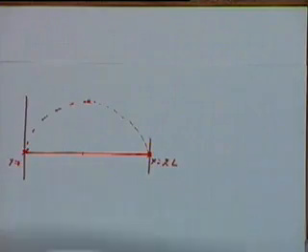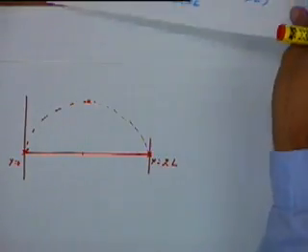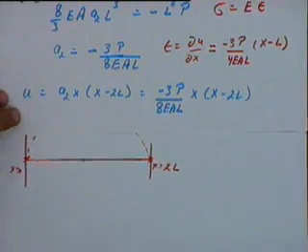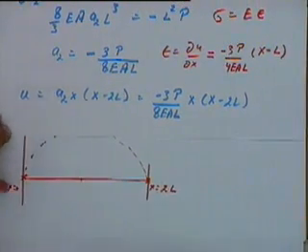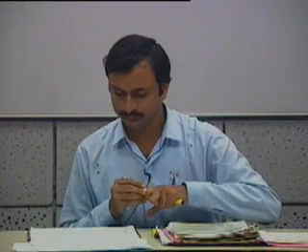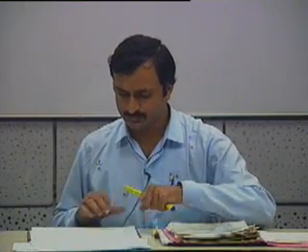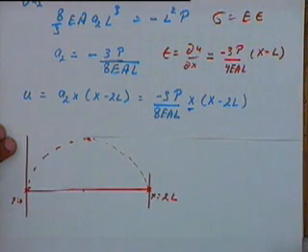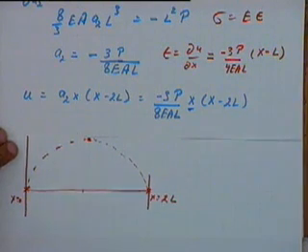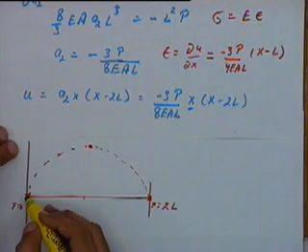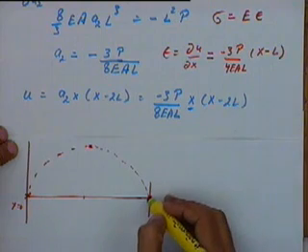What was the equation for u? This is the equation you have. So from this equation we put x equal to 0. You have x over here, this is the x. It's not multiplication, it's an x. Nevertheless, if x equal to 0, deformation becomes 0. If x equal to 2L, this term is 0, so deformation comes here as 0.